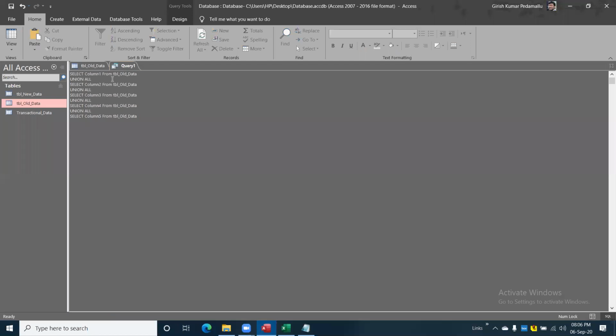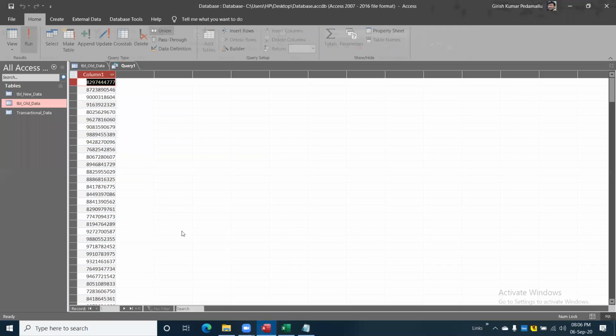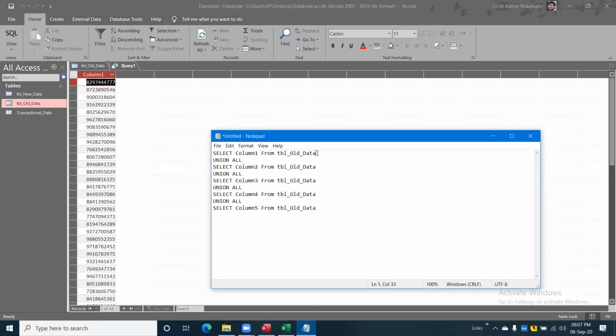Okay, here I have added the 5 columns, right? I'm going to run it and we'll see my outcome. Now I got 45 records. I think we should be very careful in the query. If we forget to write the column 5 name, or keep column 2 twice, it will append column 2 two times instead of appending column 3.